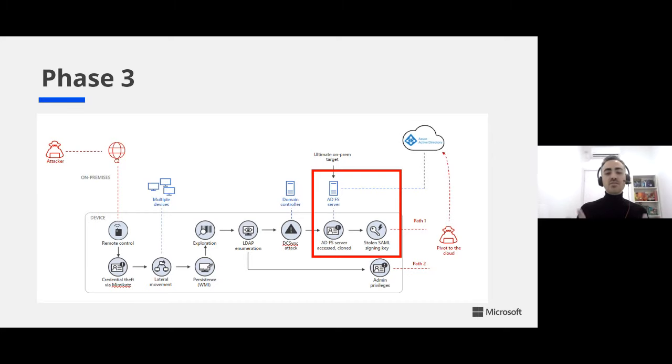And so once you get there, you basically get the keys to the kingdom. And they did. They managed to get to the ADFS server, and they created a token that enabled them to basically impersonate everyone they wanted in the organization. And by doing that, it was already game over, because they were able to get to the cloud, to wherever they want, and get all the emails that they want to collect and send them outside of the network.